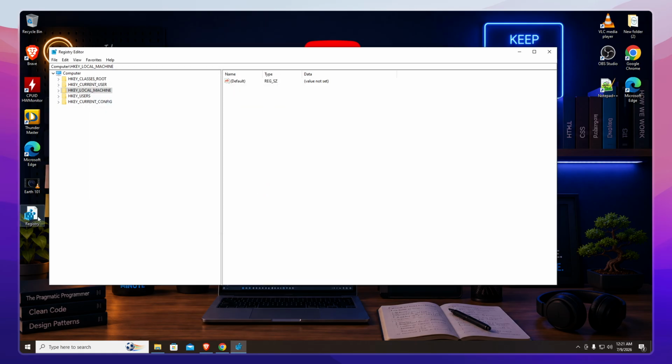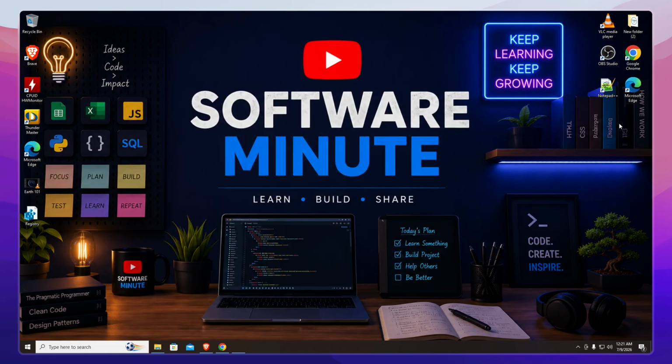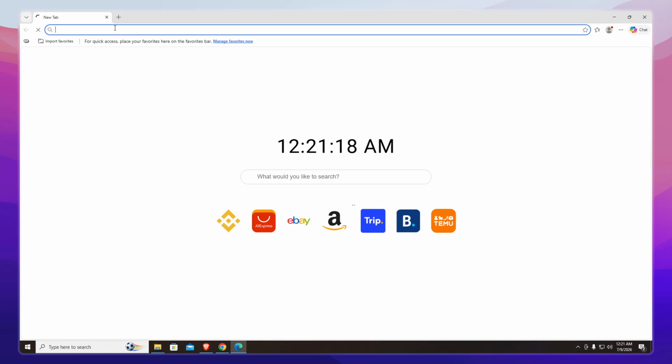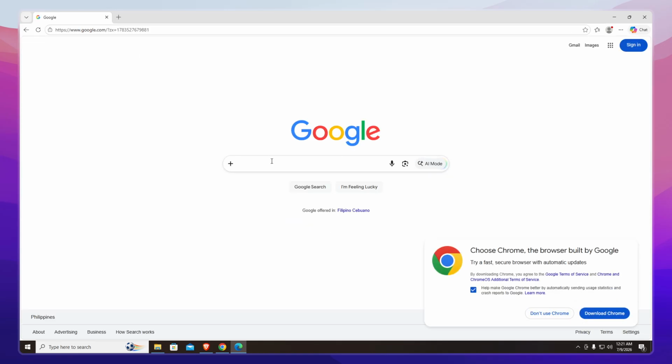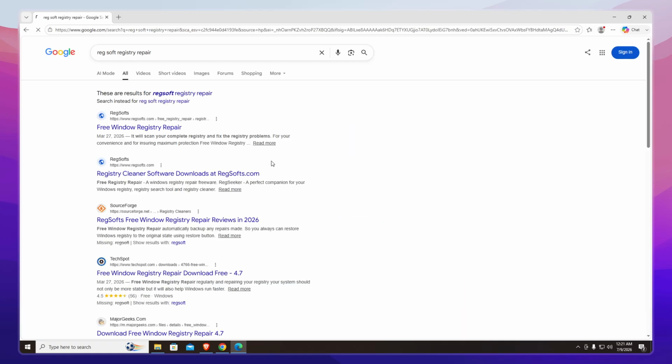Next, open a new browser tab in either Microsoft Edge or Google Chrome, whichever you prefer. Navigate to google.com and click on the search bar. Type in RegSoft's Registry Repair and press Enter. Look through the search results for the first official result that appears, which should be the RegSoft's website, and click